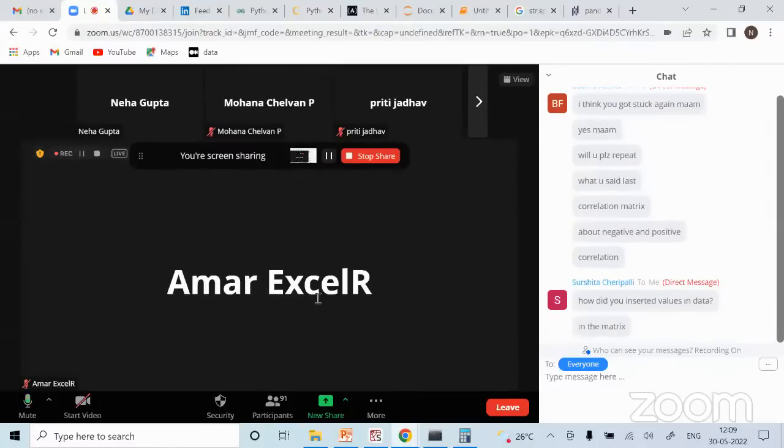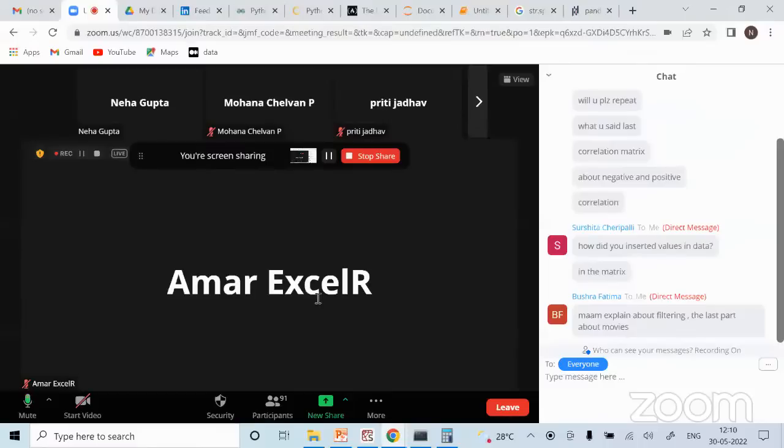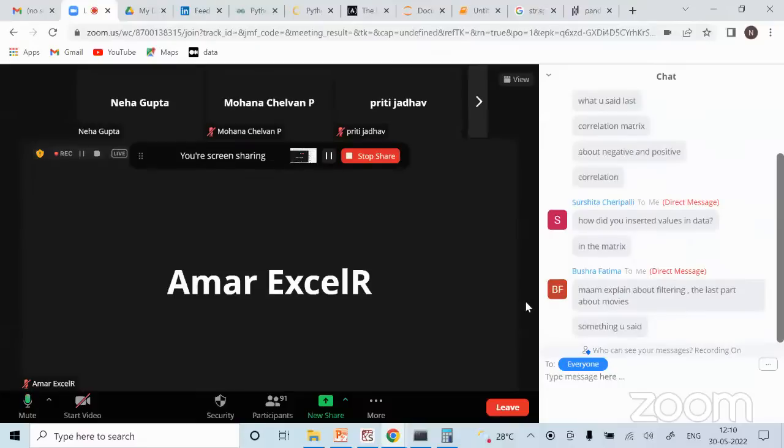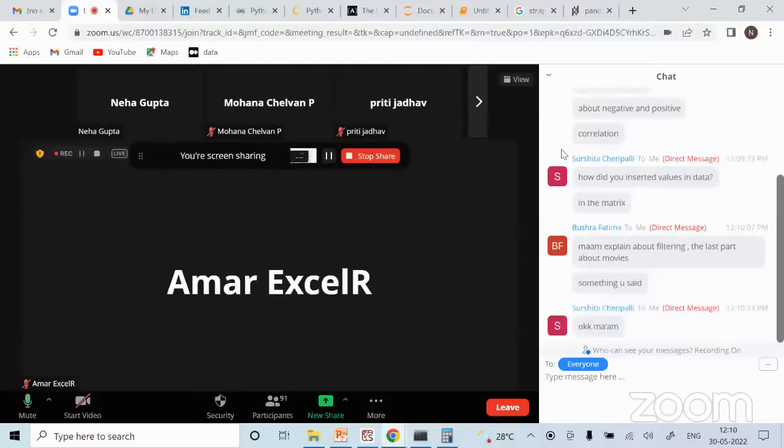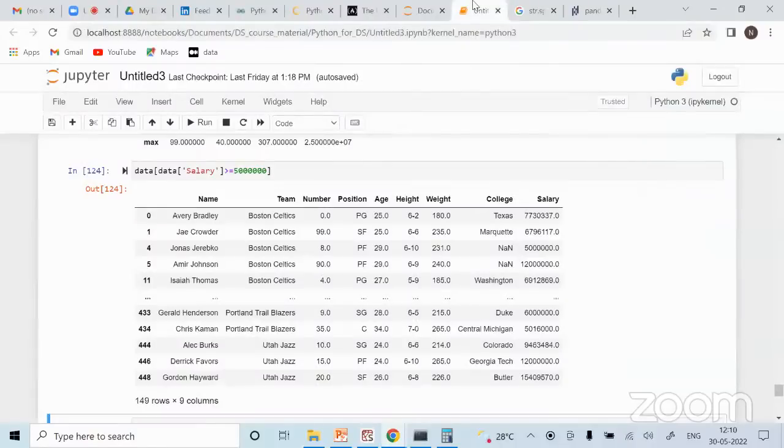We were just talking about the correlation matrix and then filtering. We never talked about inserting values in data. So I'm not sure what the context is. Okay, so let's start with the filtering thing only.